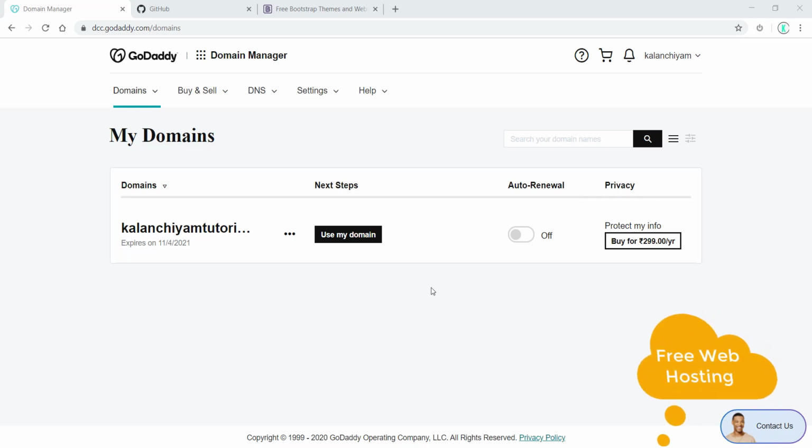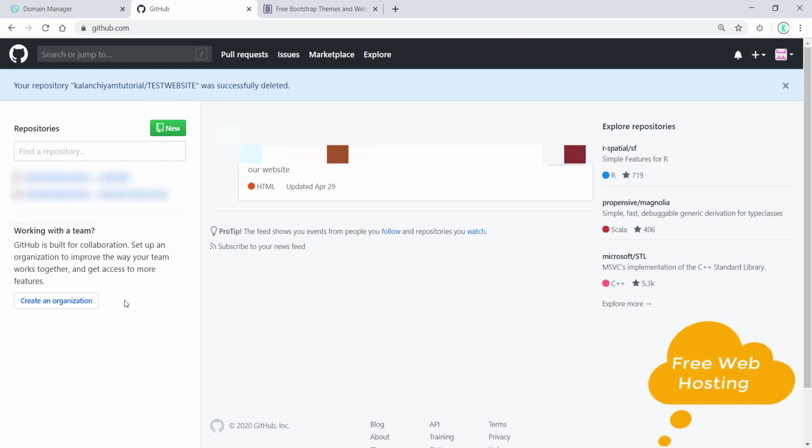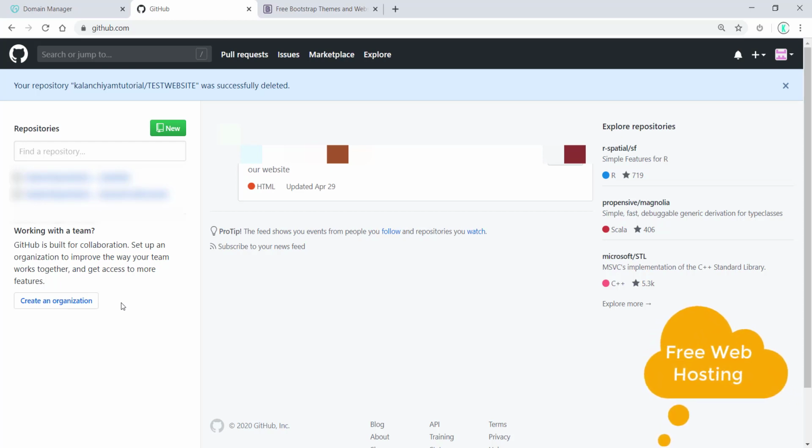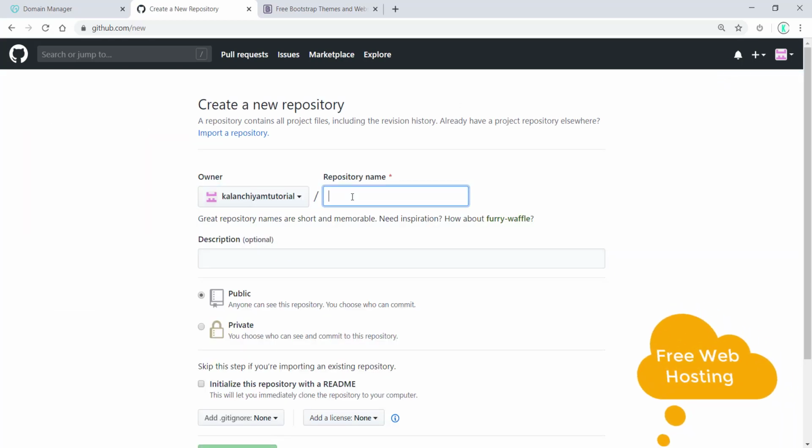Now I do have one domain with me. I purchased it in GoDaddy, which is kalanjiumtutorials.com. And next to that, I have a GitHub account with me. I'm going to create one repo to host my website. By clicking on new repository, just